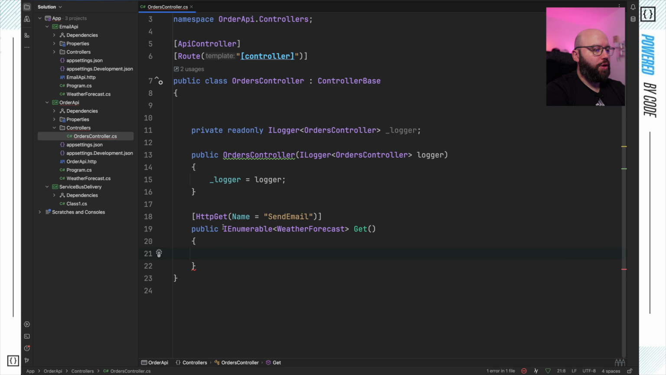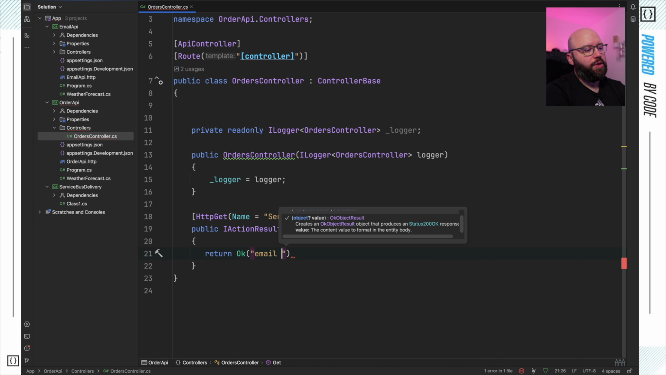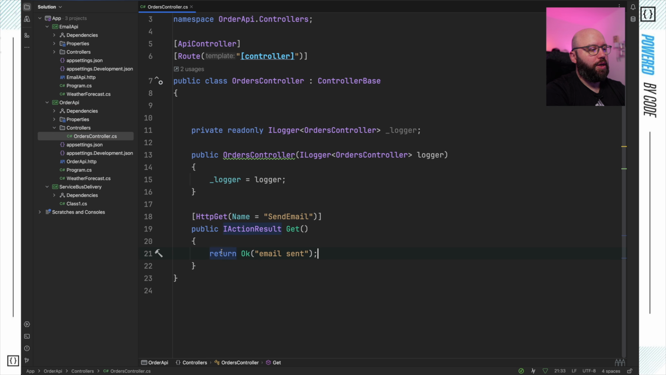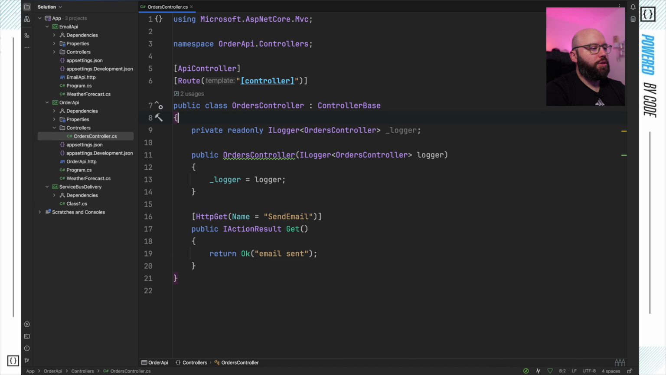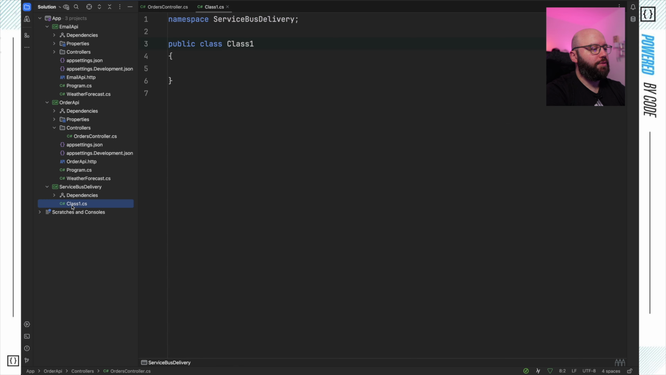And instead of returning a weather forecast, I'm just going to make it an IActionResult, and I'm going to return here "email sent", for example, which shouldn't implement anything yet, but now we're going to add this functionality here. So now that my controllers are clean, what I want to do is, inside my service bus delivery, I'm going to delete